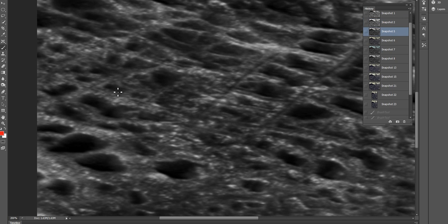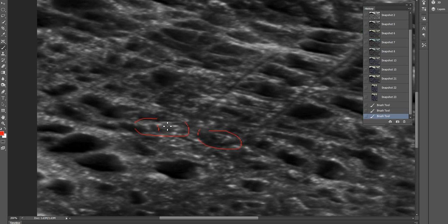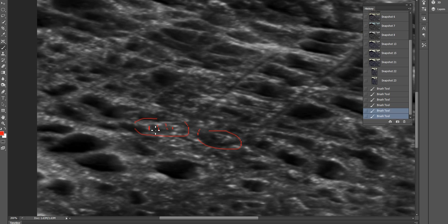Okay, let's bring it down a little bit, because what we want to do is bring down the actual bright, real high contrasted areas, and you want to try to bring up the darker areas if you can. Now, again, you've got this piece here, and I think these are something bigger. This is actually standing up right here, and it's not as low as everybody would think. It seems to be a little bit more...